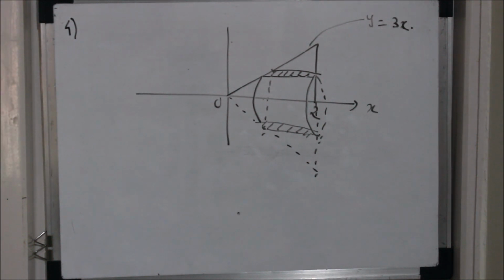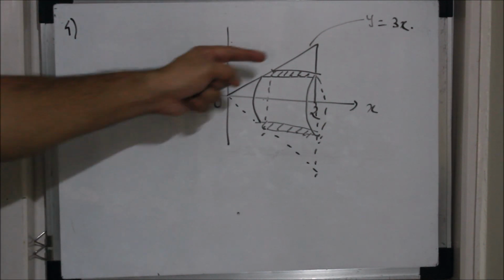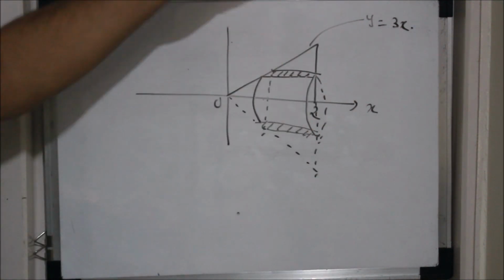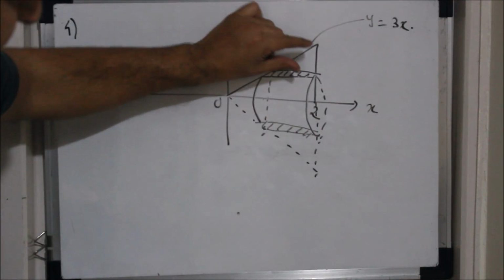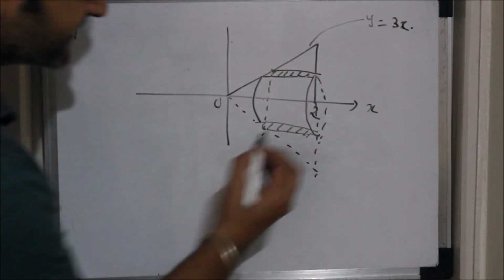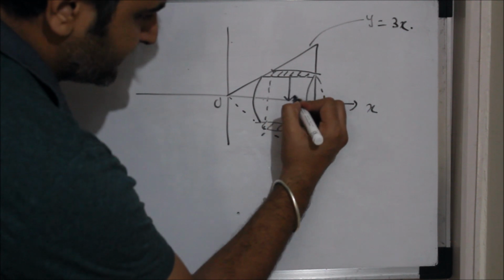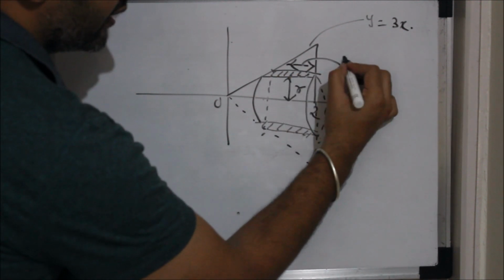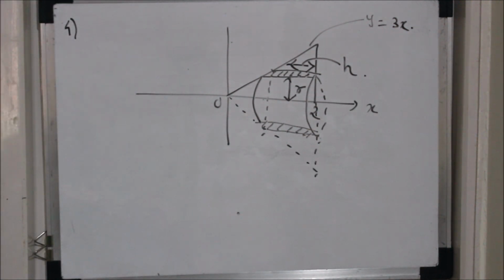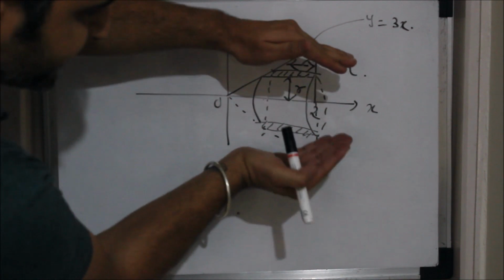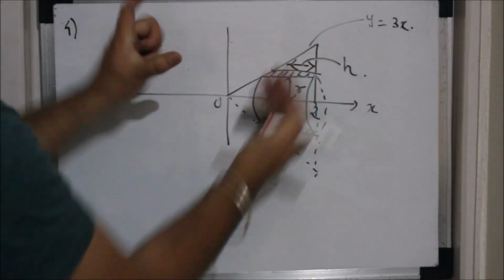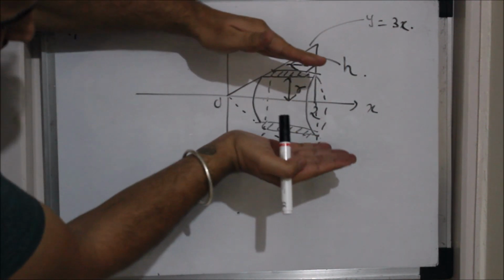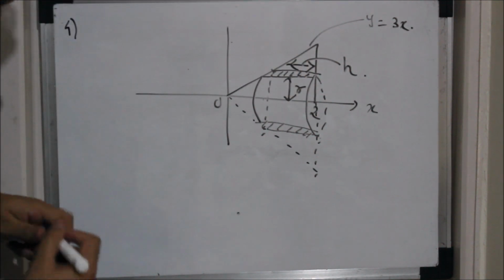I hope now the shell is clear. This is the shell you are getting, because I am revolving along the horizontal line. So what is this? It is the axis of revolution. This is my radius, and this part is my height. So that's what the change is. Now that horizontal distance becomes my height, because now this is my shell. Previously this was the shell, so this was the height. Now this is the shell, so this is the height, and this is the radius.